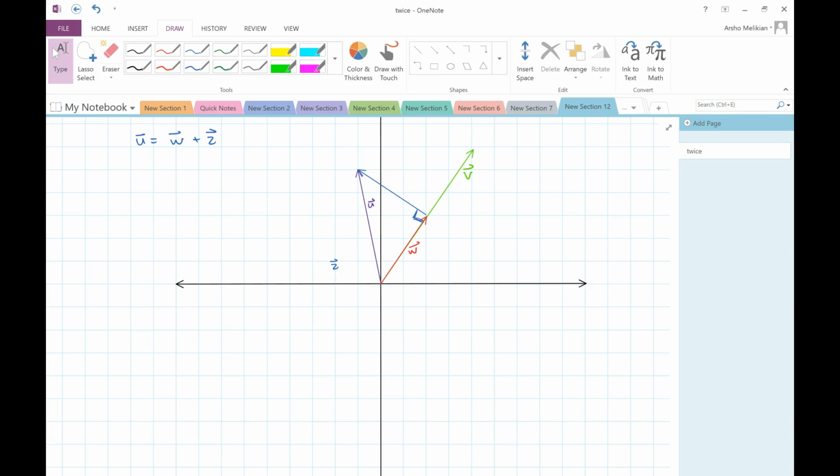In science, have you learned about work? When you do work, what is work? How does work happen? Force times distance, it's energy, it's force exerted on a certain object that makes it